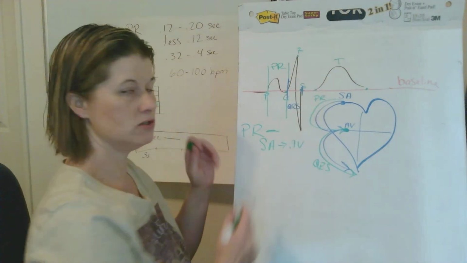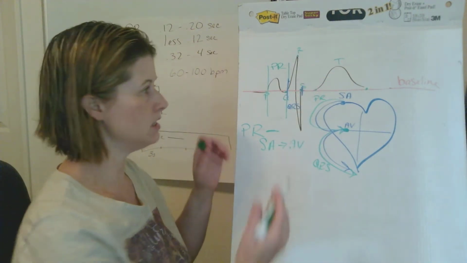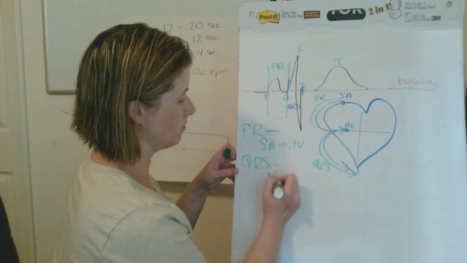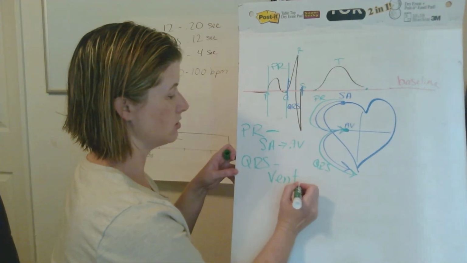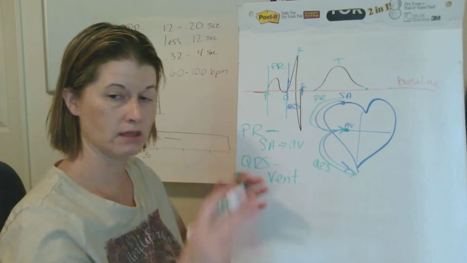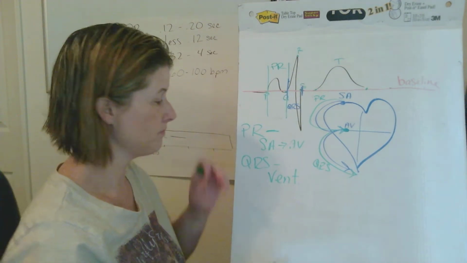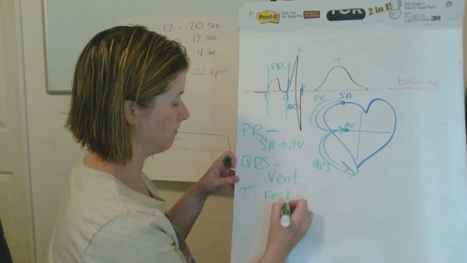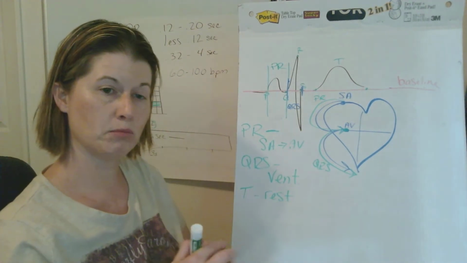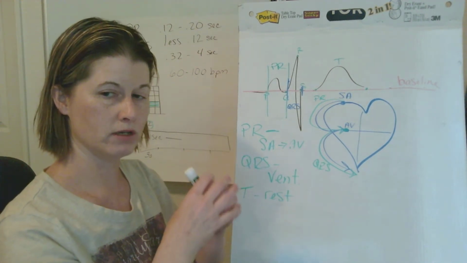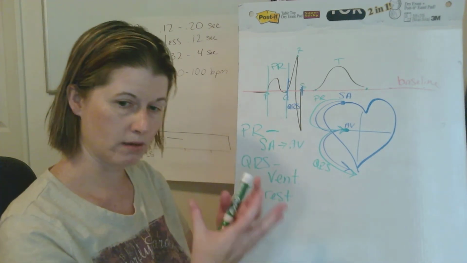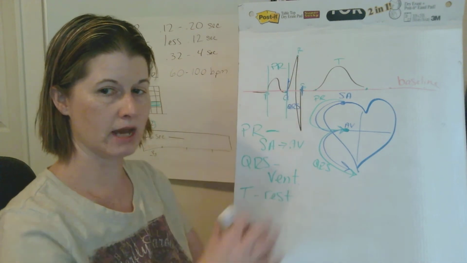Your T wave is your rest period. Your QRS is your ventricular contraction. How long does it take for your ventricles to get the electricity through them, okay? And then your T wave is your rest period. That's your filling period. That's when the electricity is recovering and building up, getting ready for the next